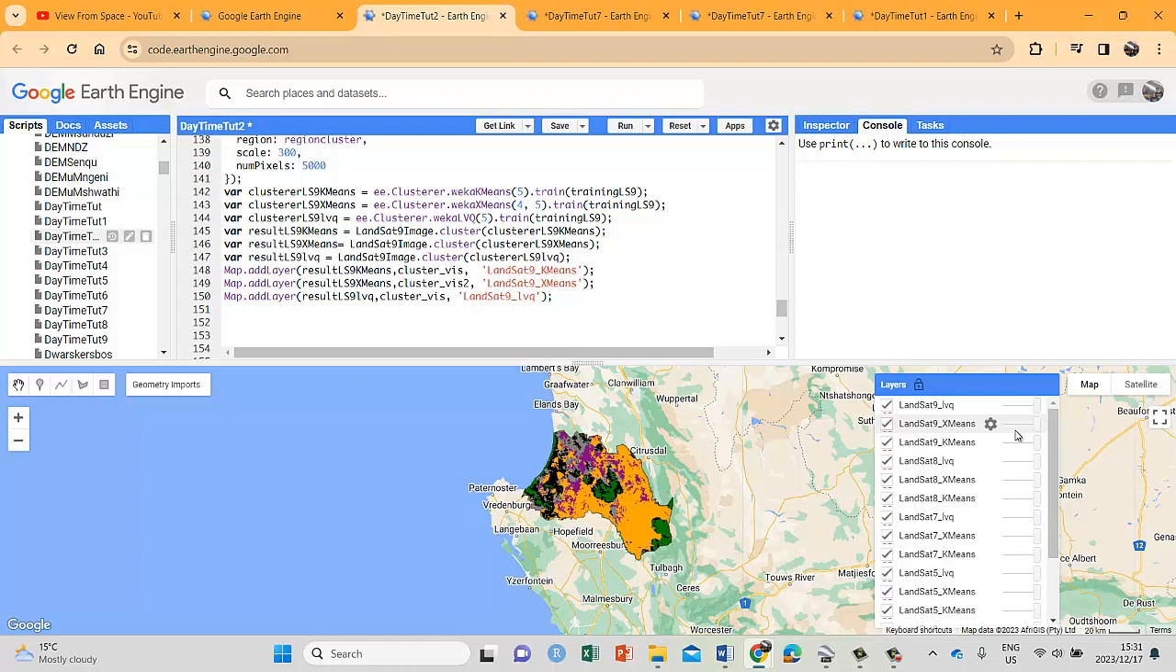And they have the same color patterns or same color palette, irrespective of whether it's Landsat 5, 7, 8 or 9. And there they all are. Now, they consume a huge amount of